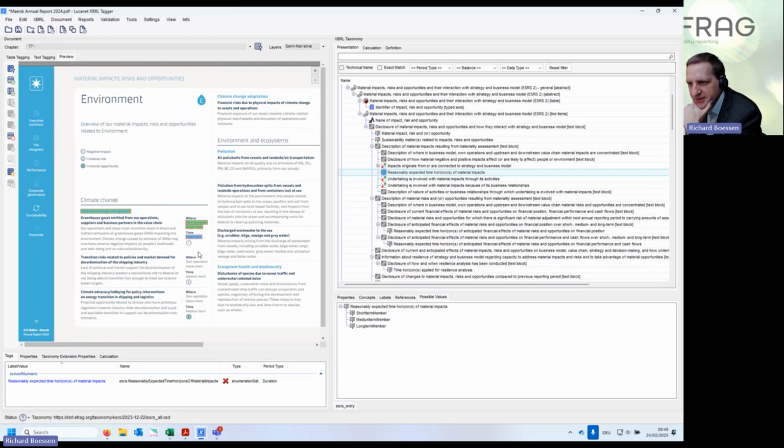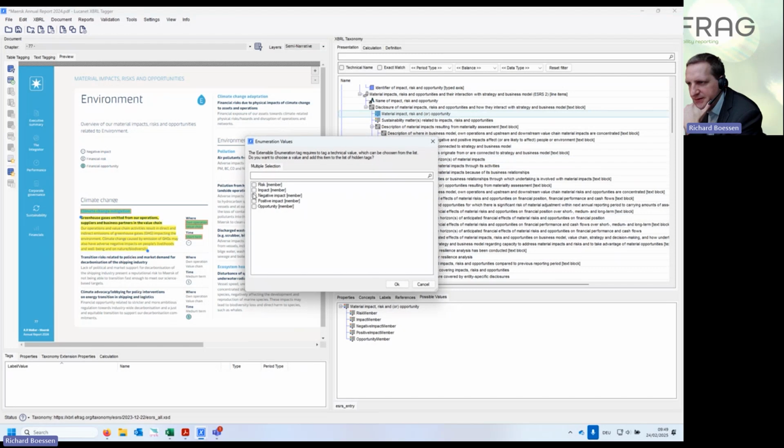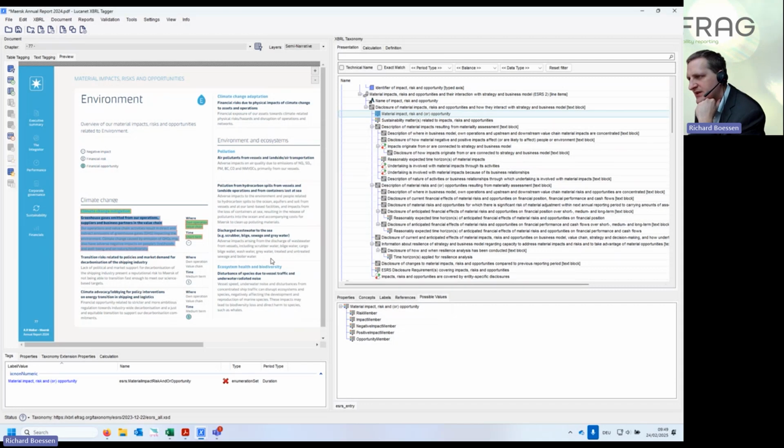So I don't think it's possible to select the icon itself, so I just select the general text and put the negative impact here. Fine, okay. There might be a few more tags that you could apply here as well, but given that it's a very small text already, I wouldn't go further. But of course, if they provide more information in the narrative text here, I think it would work as well to tag that. However, I think it's fine just for the moment, so I will need to continue now with